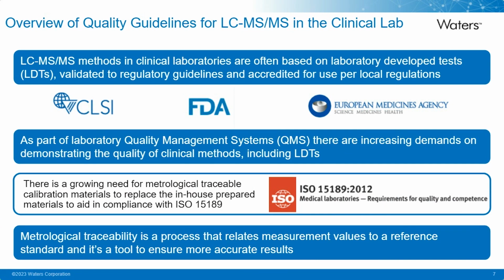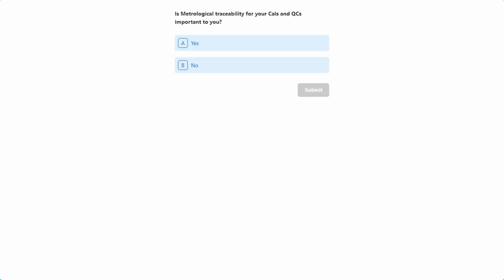One aspect of this is the growing need for metrologically traceable calibration materials to replace in-house prepared materials to aid compliance with ISO 15189. And these are based on requirements for quality and competence in medical laboratories. This metrological traceability is a process that relates measurement values to a reference standard and is a tool to ensure more accurate results. So with that in mind, this is just something that we thought we'd ask in terms of